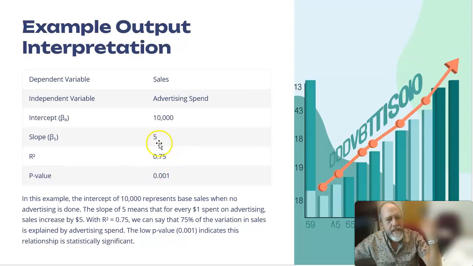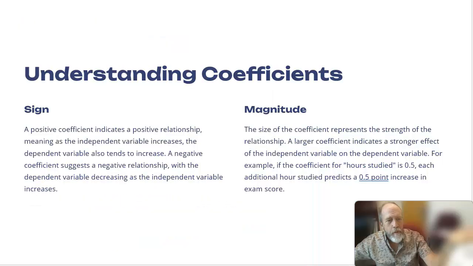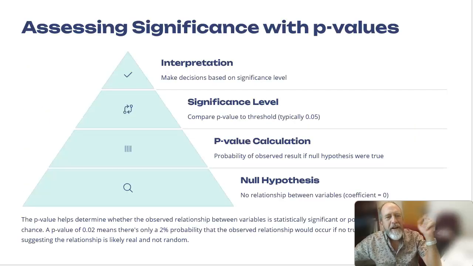So let's suppose this was 10. Well, what that would mean is that every dollar spent, the sales increase by $10 based on the model. Okay, so what we're really talking about is the magnitude of the relationship, the difference in the dependent variable with changes in the independent variable. Yeah, I definitely said that right. All right,